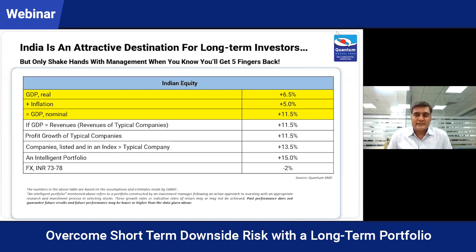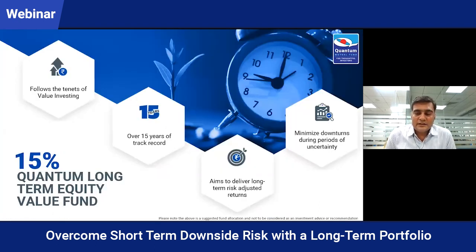Now, as I was telling you, there is a structural trend of larger companies getting larger. So listed companies, larger companies, can grow a bit faster. They can grow at 13-14%. And a smart portfolio with the ability to pick good businesses at good valuations can give you a return of close to 14 to 15%. So this is where your expectations from long-term equity returns should be anchored. Close to 15% is what a large cap equity portfolio can generate from a longer-term perspective in India. So within the equity block, 15% of your allocation should be towards Quantum Long Term Equity Value Fund, is what we believe. Now, a value fund is a fund which tries to balance between capital appreciation and capital preservation.